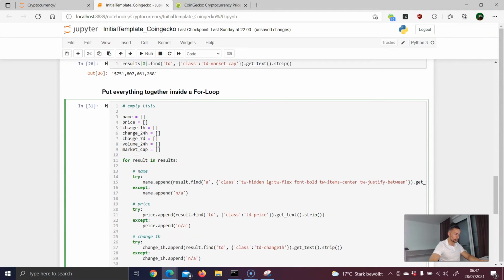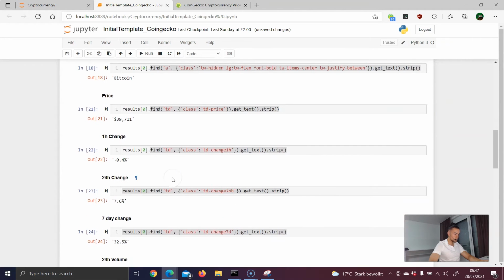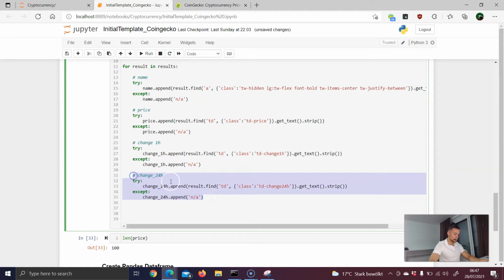Now we have change of 24 hours. Okay, copy that, replace all the old values with the new one, paste it here, and replace the old expression. Okay, so 24-hour change is this one. Copy that, back down, and replace the old one with the new one. That's it. Next, copy,